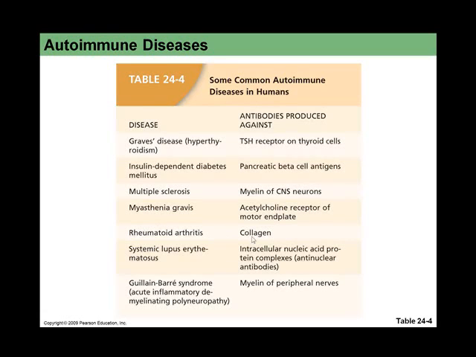In rheumatoid arthritis, there's an antibody against collagen. Systemic lupus erythematosus, or just called lupus, involves intracellular nucleic acid protein complexes. There's an anti-nuclear antibody involved in this. And then Guillain-Barré syndrome, which is an acute inflammatory demyelinating polyneuropathy, where there's a target of antibodies against the myelin